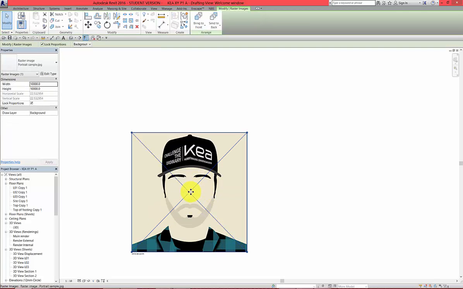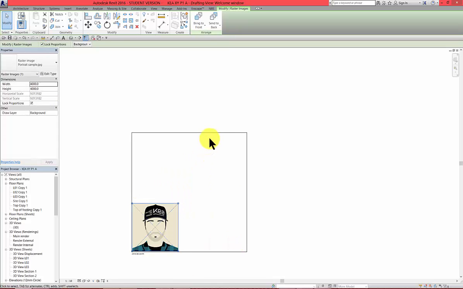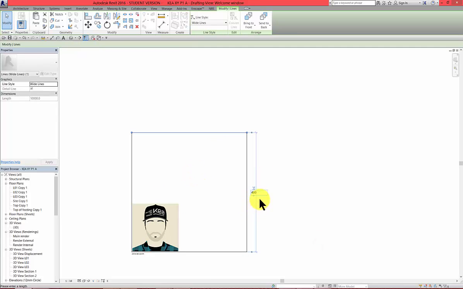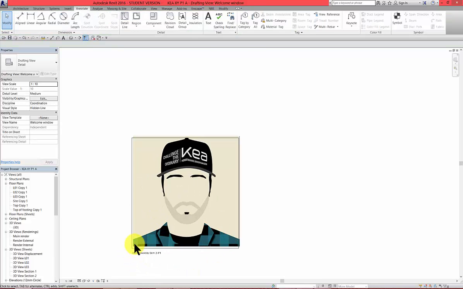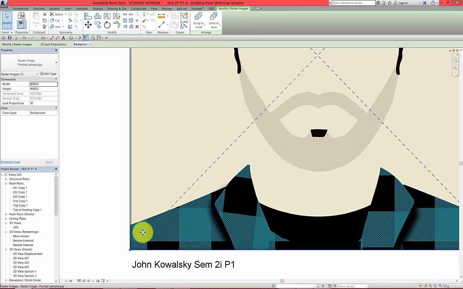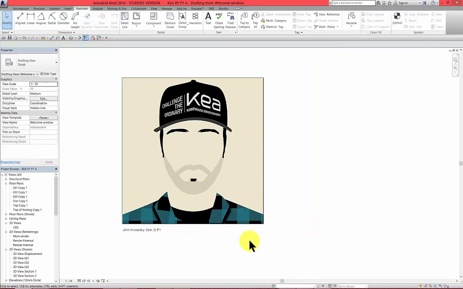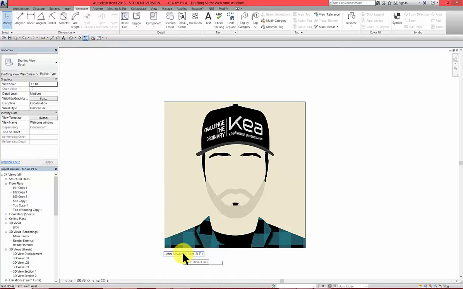If you don't have such a big picture, select the picture and type, let's say 4000 by 4000, then move it close to here, and also those lines, change it for smaller ones, so you get around the image, and that image should go close to the frame. So your picture, your name,